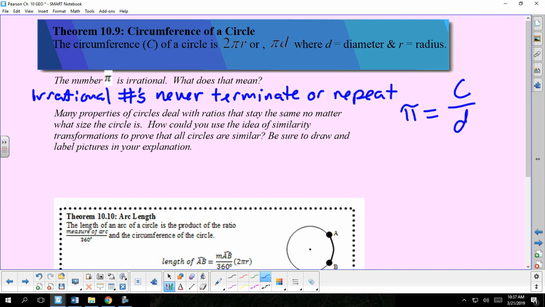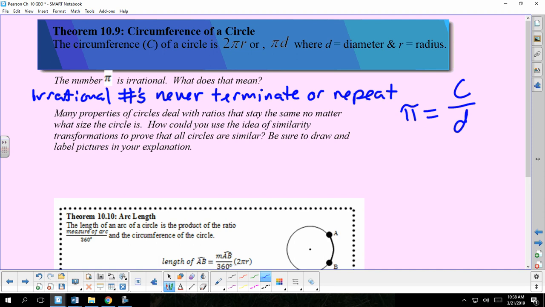So many properties of circles deal with ratios that stay the same no matter what size the circle is. How could you use the idea of similarity transformations to help prove that all circles are similar? Be sure to draw and label pictures in your explanation. All right, so